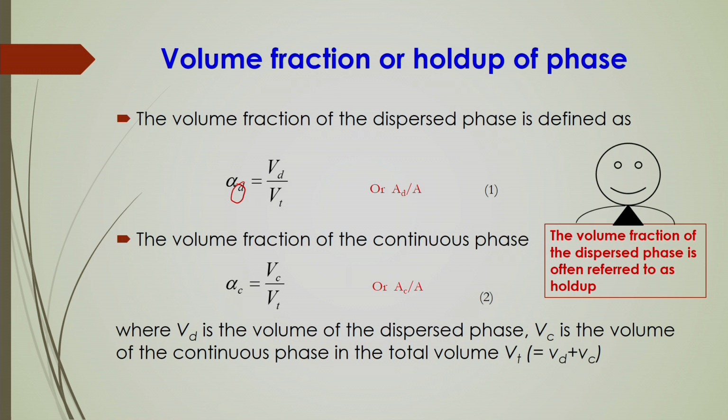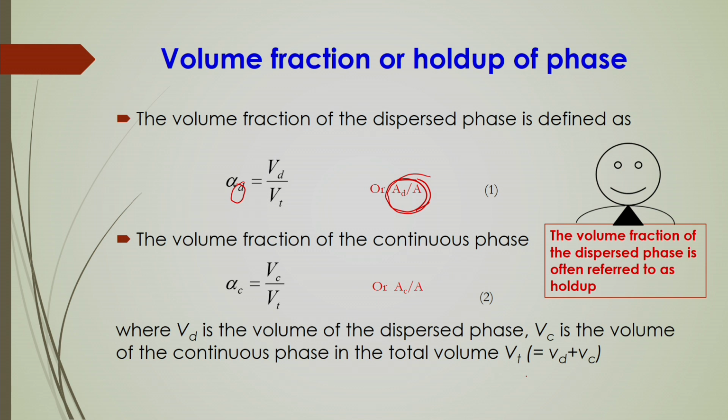It can be defined either way, like here with the cross sectional area of the dispersed phase that is occupied in the system, in a particular vessel or conduit, out of the total cross sectional area. So this volume fraction of the dispersed phase can also be defined by this equation: A D divided by A. A D is the cross sectional area of the dispersed phase, and capital A is the total cross sectional area of the vessel or conduit in which the gas and liquid mixture is present.